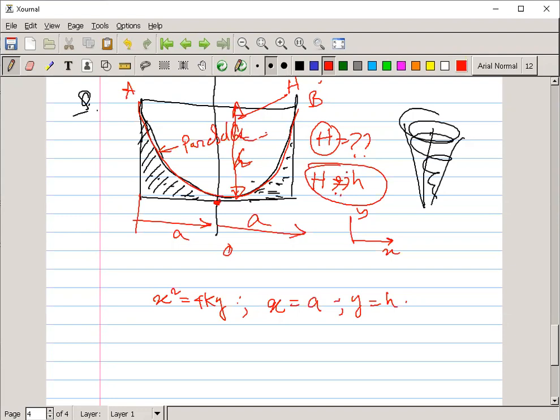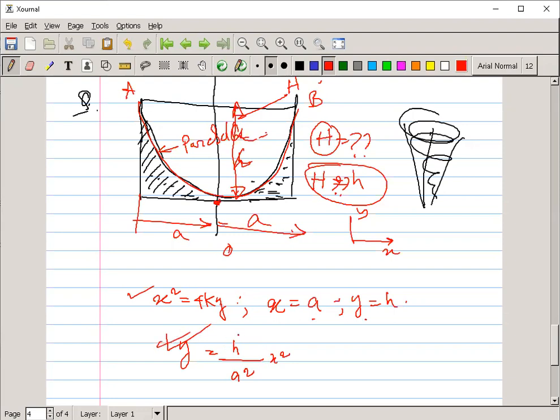Okay, so how to solve this type of problem? We have to first take the equation of the parabola, or the equation of any curve which is given as per the question. Then take the boundary condition, that is x equal to a, y equal to h, right? So put that value, and we can get h equal to y is equal to h square by x square, right? If we put this value, we can get this one.